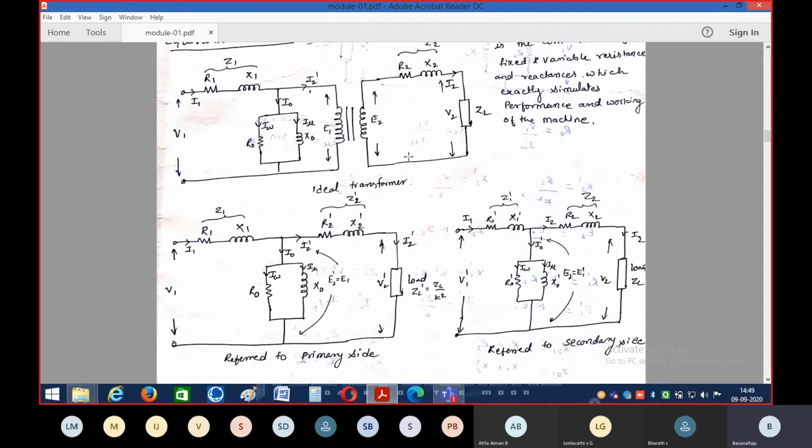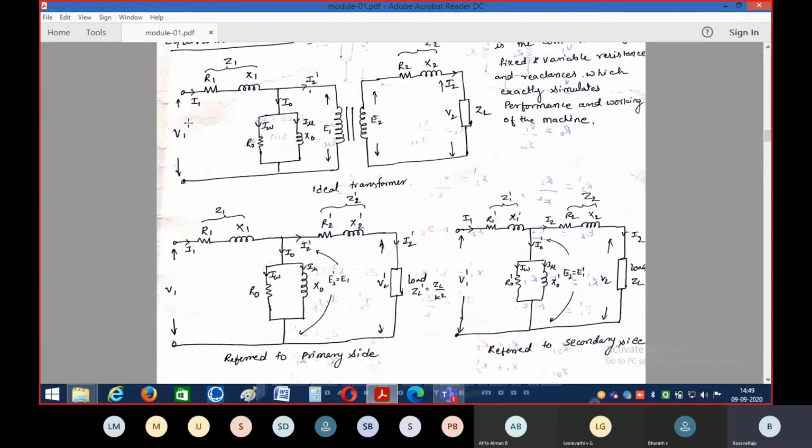Next, what will we have? When current is flowing through the winding resistance as well as the reactance, there will be a voltage drop due to the corresponding resistance as well as the reactance. So what will be the voltage drop across this resistance? Current flowing through this resistance into the value of resistance. So I1 R1 is the net amount of voltage drop across this resistance. I1 X1 is the amount of voltage drop due to the inductive reactance, that is across this coil. So this V1 is equal to the voltage drop due to these two elements, and the remaining voltage which will be available across the primary coil, which is nothing but called E1.